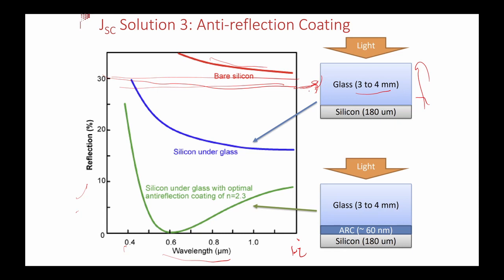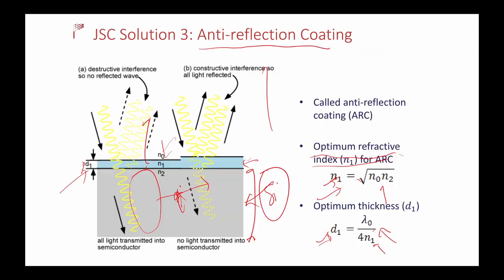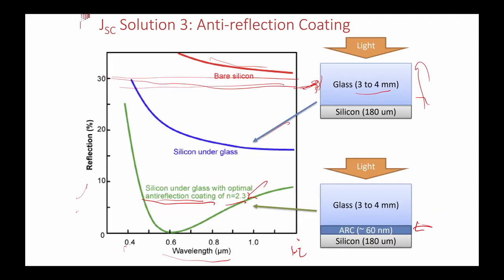This also reduces the reflection of the light towards the outer environment and improves the efficiency. After the anti-reflection coating with n equal to 2.3 and thickness of 60 nanometer, calculated from these two formulas,